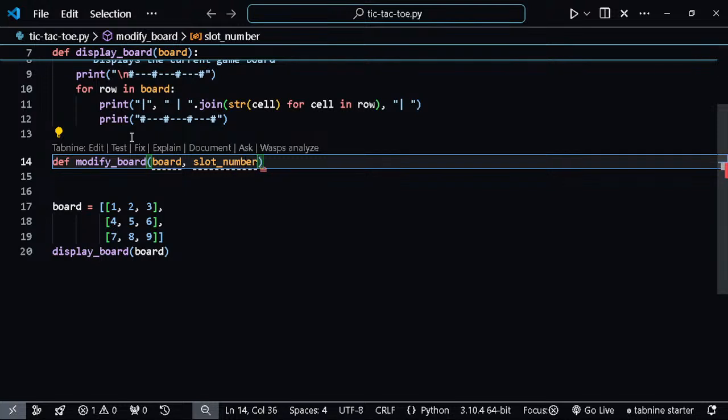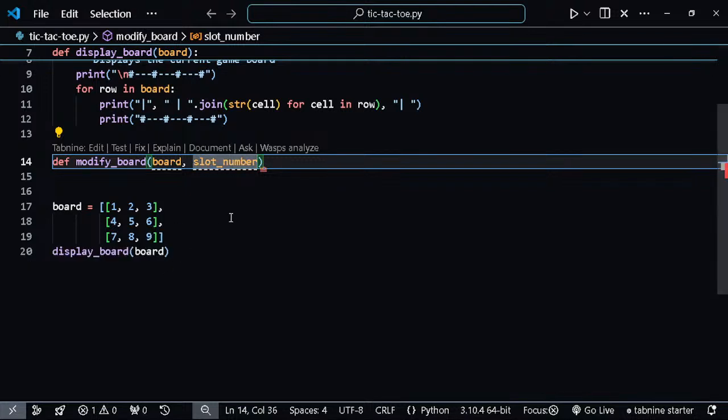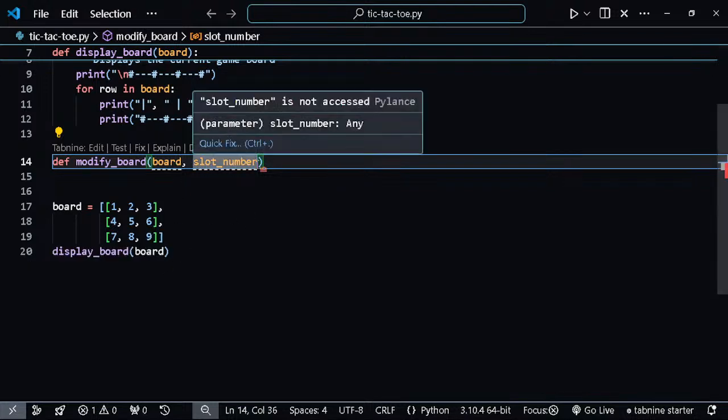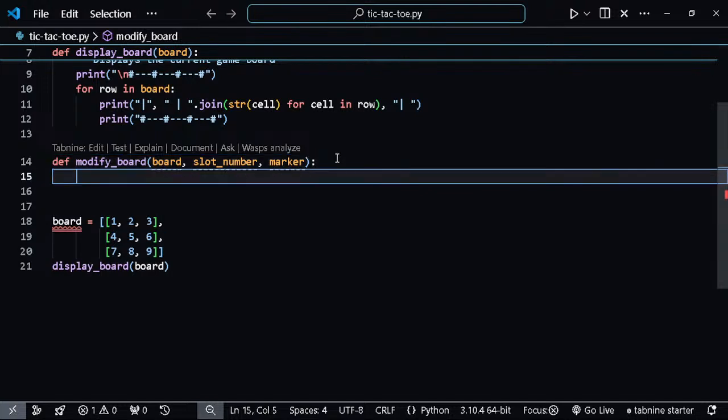And okay, what do you mean by this slot number? You can see slot number is just like the number here. Like this is a slot, this is a slot, a slot, a slot. So each cell is a slot here. So the slot number is the number we want to have there. Then marker. And what we mean by marker here is just which marker we put in that slot. Is it X or O? As you know, Tic Tac Toe Game is just represented by X and O's, right? So that's it. So I'll document this function here and just say update the game board